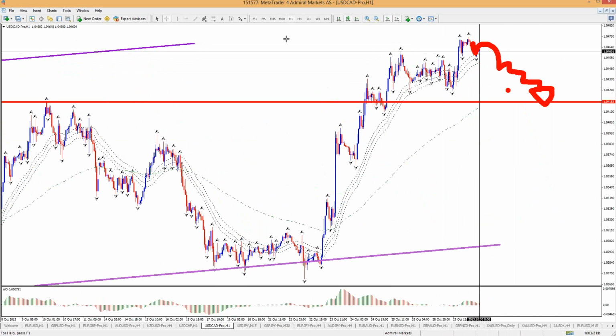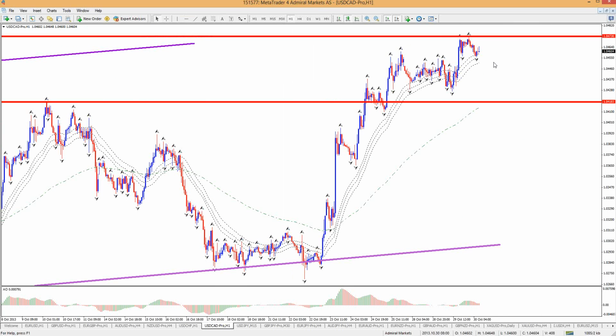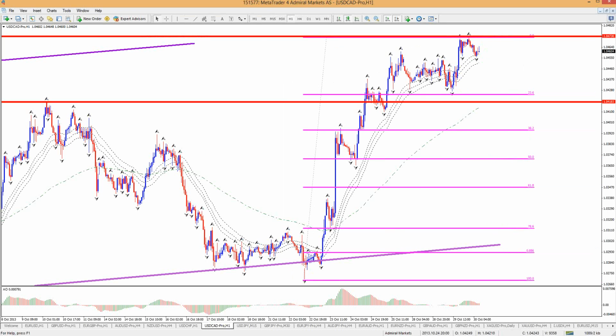So the ball game might change if we break above this top. Other than that, I would be more cautious with immediate upside from here, and be a bit more enthusiastic if it either made a deeper retracement or indeed shows signs of strength by breaking the top.